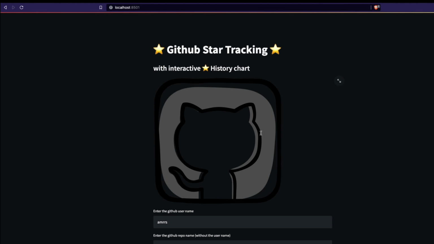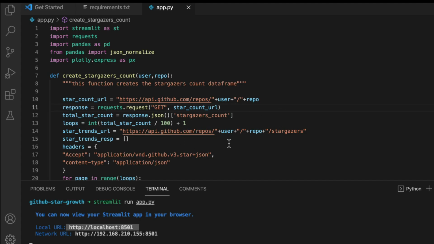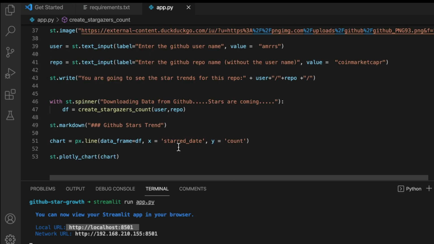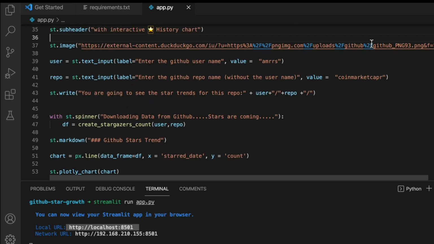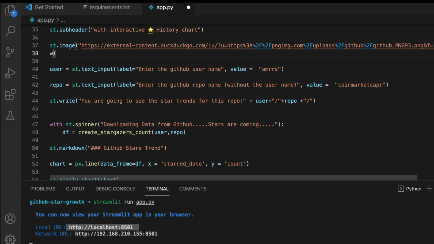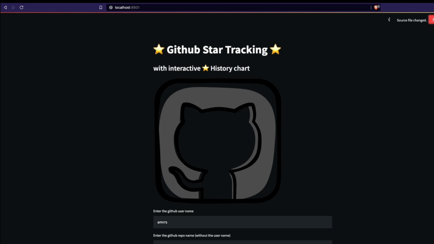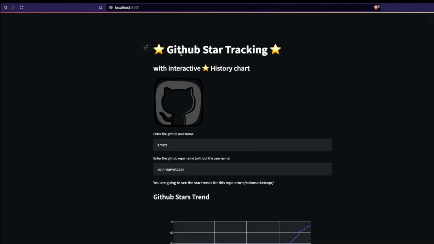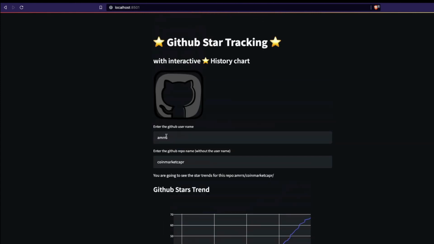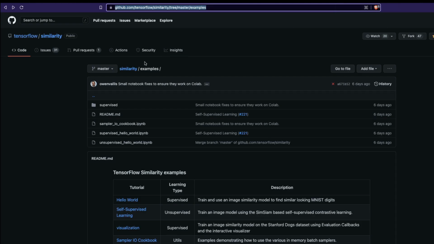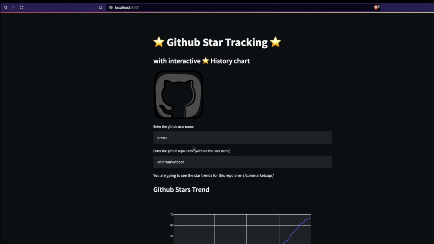This looks very big. So what we can do is change the size of it. I can say the width should be smaller, so width is equal to 200. Let's see, rerun. Yeah, 200 looks better. So we have the GitHub star tracking with interactive star history, and instead of putting my repository, I can go and look for a repository. TensorFlow recently released something called TensorFlow similarity. So I'm going to say TensorFlow